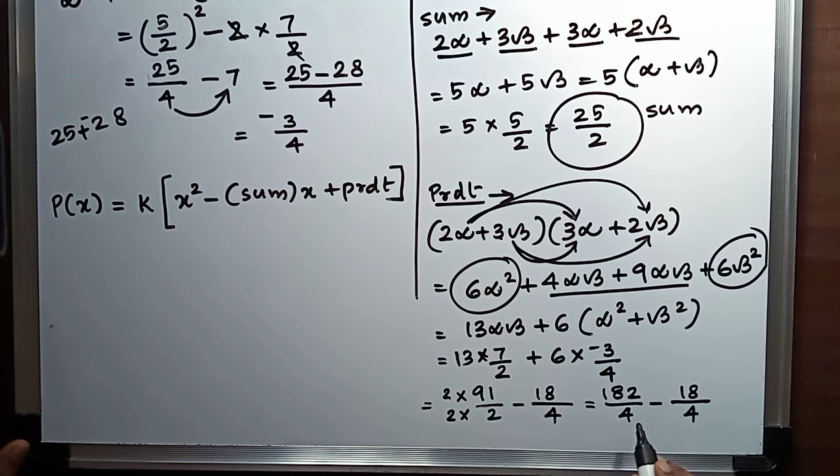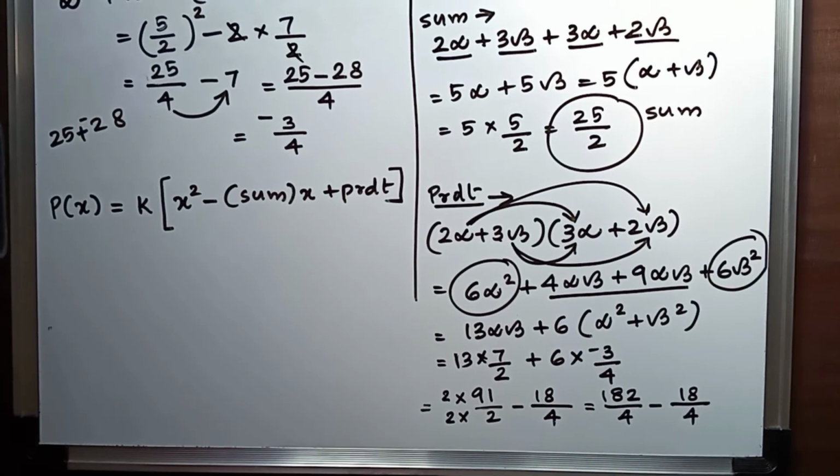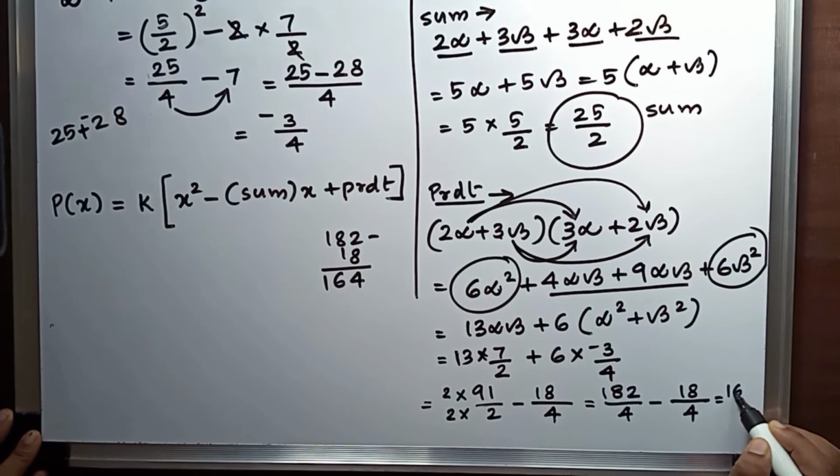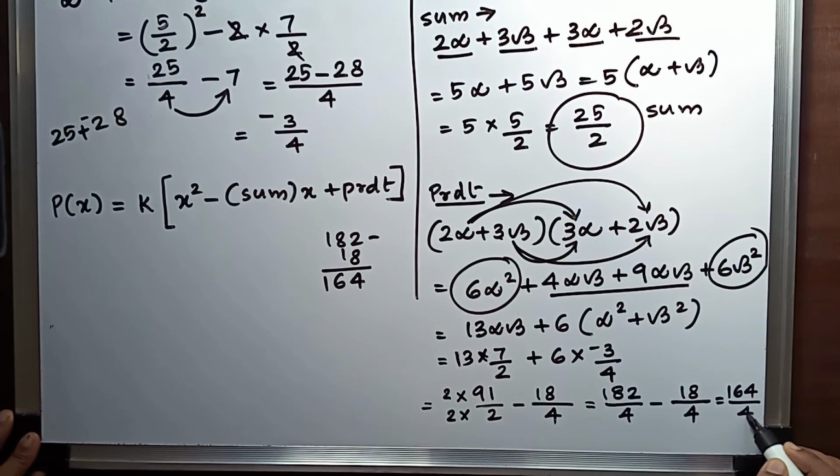See, now we have got two fractions with same denominator and there is a subtraction here, means we can just subtract the numerators directly. 182 minus 18 is 164 and we have 4 in the denominator. 164 by 4. What it is? See, in 16 how many 4s are there? In 16 we have 4 4s and in 4 we have 1 4. So 41